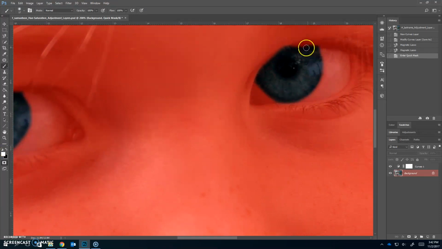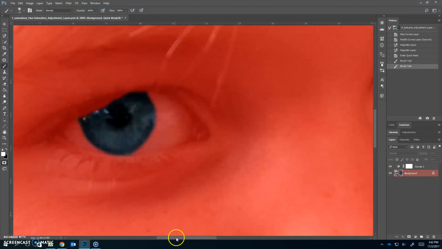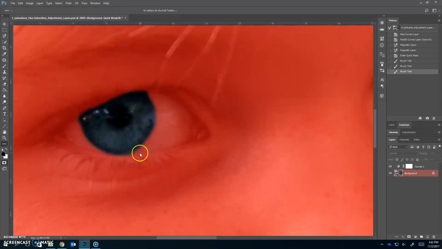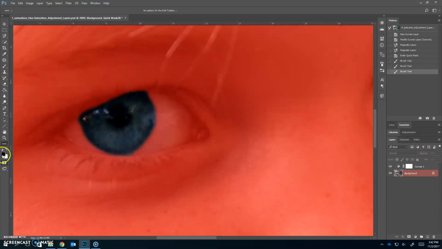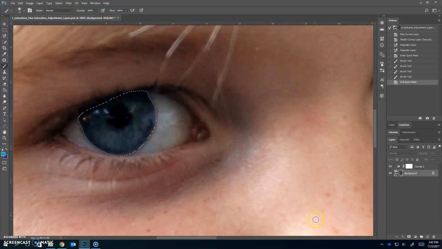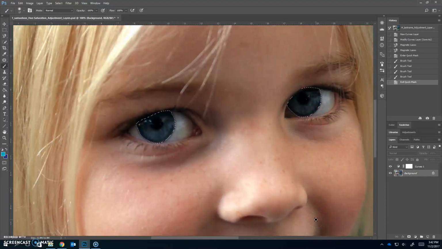So I'm going to go up here and paint a little bit around the edges. And then over here, right there, and maybe I do need a little, oops, a little black. Sorry, I clicked on the wrong thing. Right there. And then I can exit quick mask mode and check it again. And I think that's a better selection. Okay? So the next thing I want to do is click on this icon